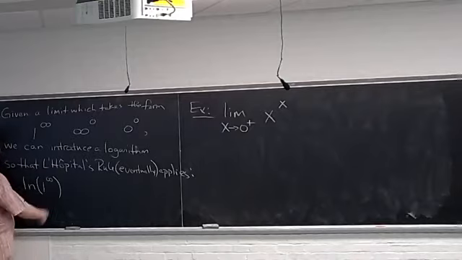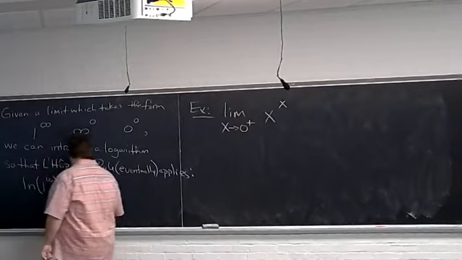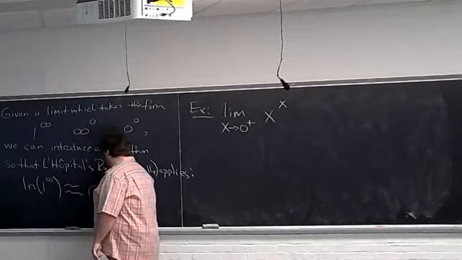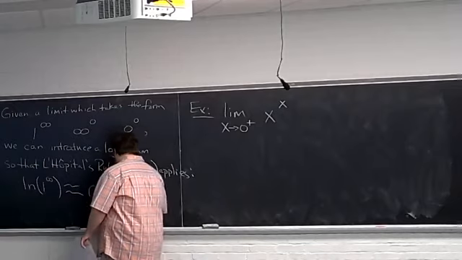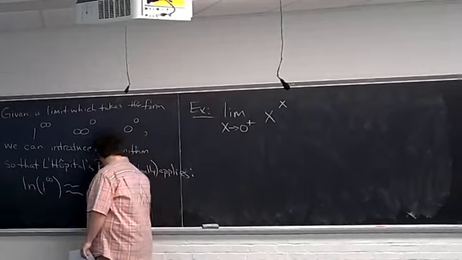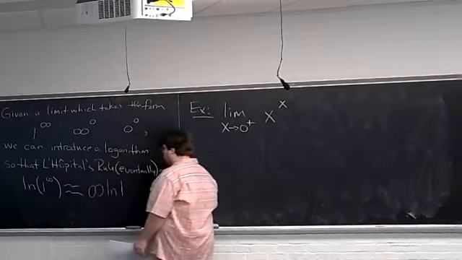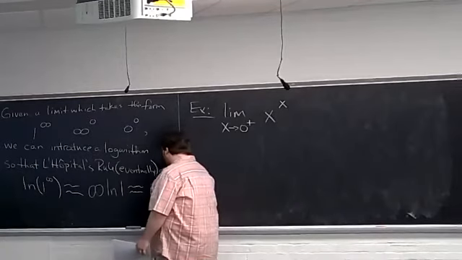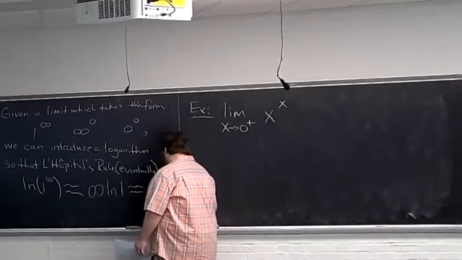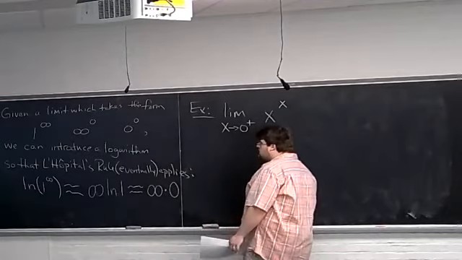Logarithm of this form behaves like, bring the exponent out front, infinity times a logarithm of 1. Logarithm of 1, remember, is 0. So that behaves like an infinity times a 0,